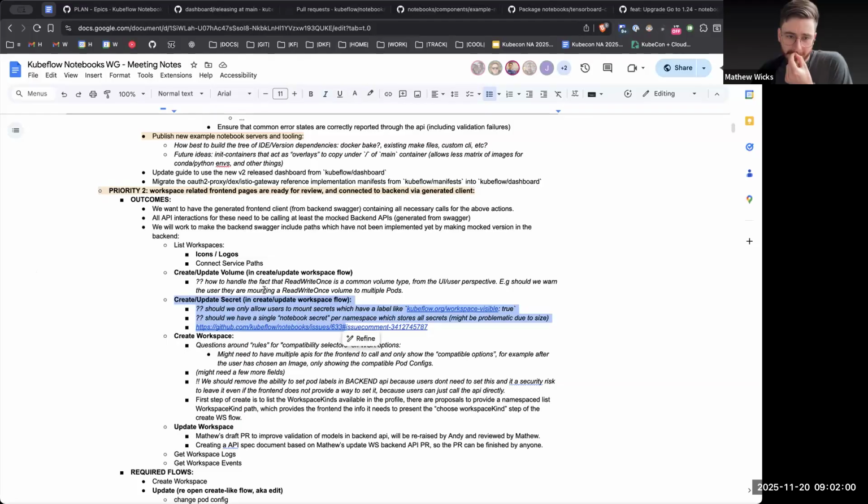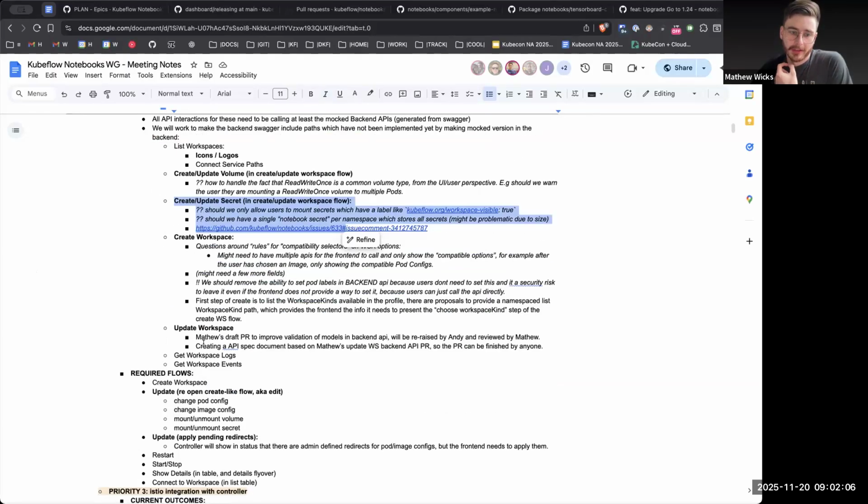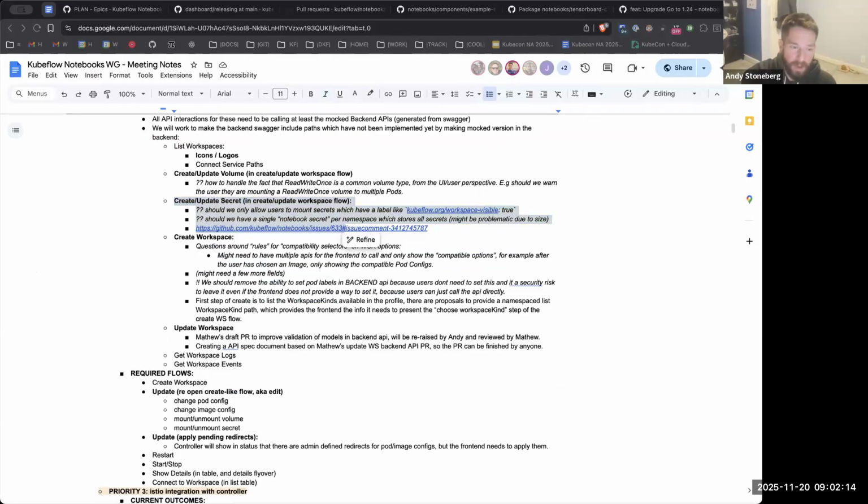And then specifically the secrets, right? This flow is very complex for users. So I just want to know where we're at with the user experience on this. I know that the stub exists, but for the front end, what is the flow feeling like right now? Charles, I'll shut up. You can speak to that.